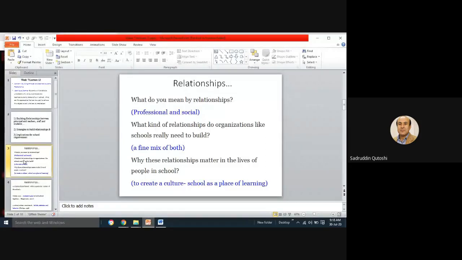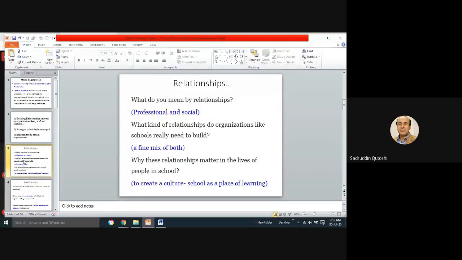A professional relationship is linked with the tasks associated with teaching and learning. The communication, the contact, the interactions between principal and staff, principal and students, principal and teachers,